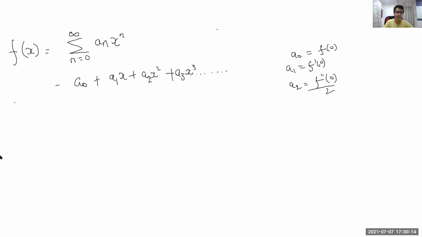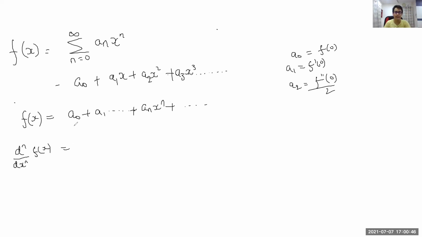All right, now I'm going to generalize this for the nth term, the coefficient of x power n, and we're just going to go on like this, a n x to the n. So now I'm going to take the nth derivative because I'm just going to find the nth coefficient here, and we can just sum over that, right? So now let's take the nth derivative, and that's just how you write the nth derivative of f of x.